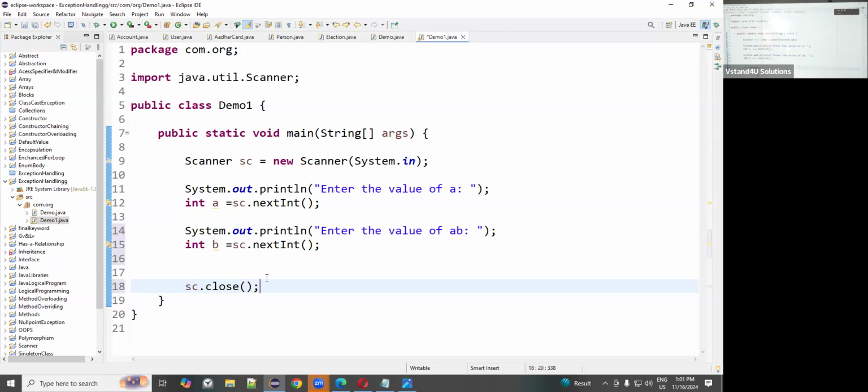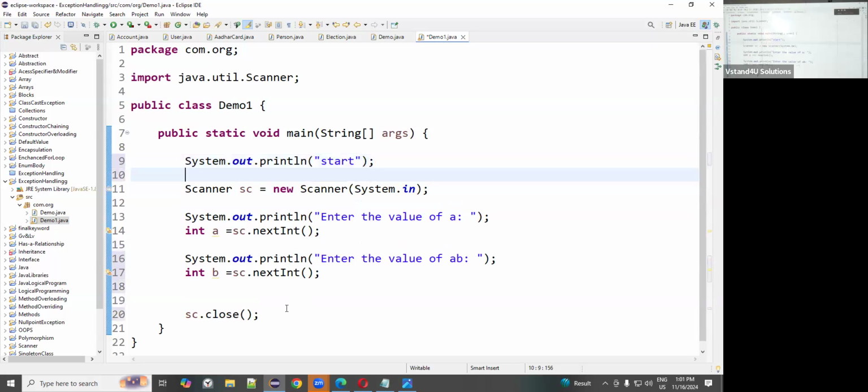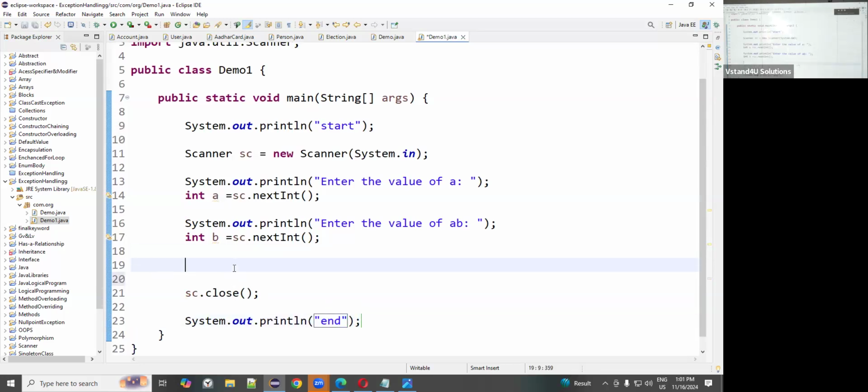For my understanding, I will be putting here sysout start, and here sysout end. Now listen here. Here I should give the actual code. Sysout a divided by b. A divided by b. Now if I run the program,